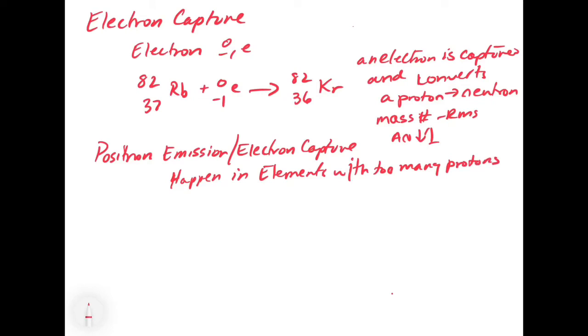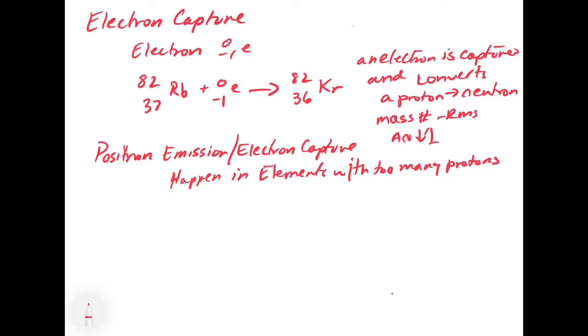So a beta emission is going to happen in an element that has too many neutrons. Positron emission and electron capture happen in elements with too many protons. So now let's look at the last two. And it turns out that these are actually a little bit different. With a gamma emission and spontaneous fission, these are decay modes, but they're not due to